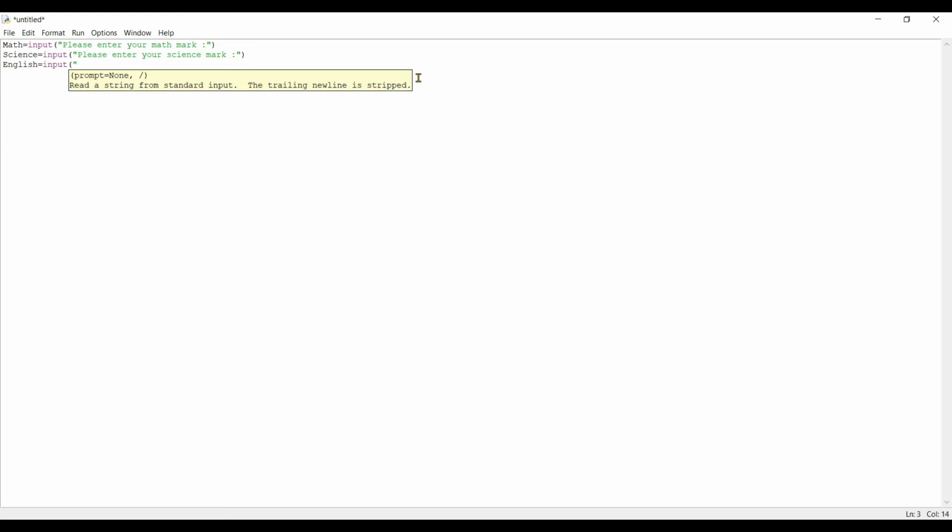Inside the input function, I am entering please enter your English mark. So after collecting these mark details, what I want to do is I want to find out the total. So I'm creating a variable called total and I'm adding all the marks. Math plus science plus English.